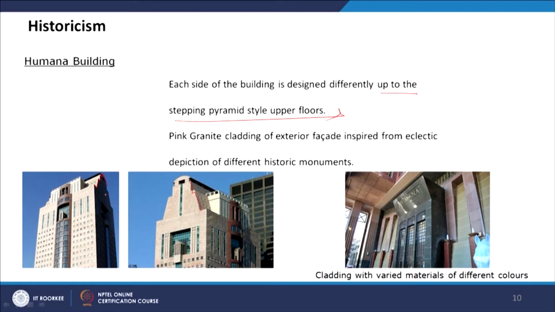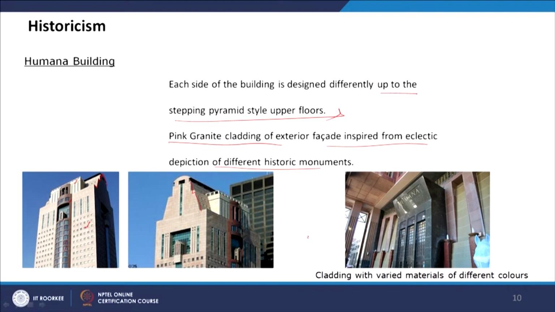And so that is one historic depiction. Then the pink granite cladded exterior facade is inspired from an eclectic depiction of different historic monuments. If you look at the cladding, this is majorly pink granite cladded, but there's different brown granite also, and then there's a use of glass curtain wall and glass windows, and another different color is there, and yellowish